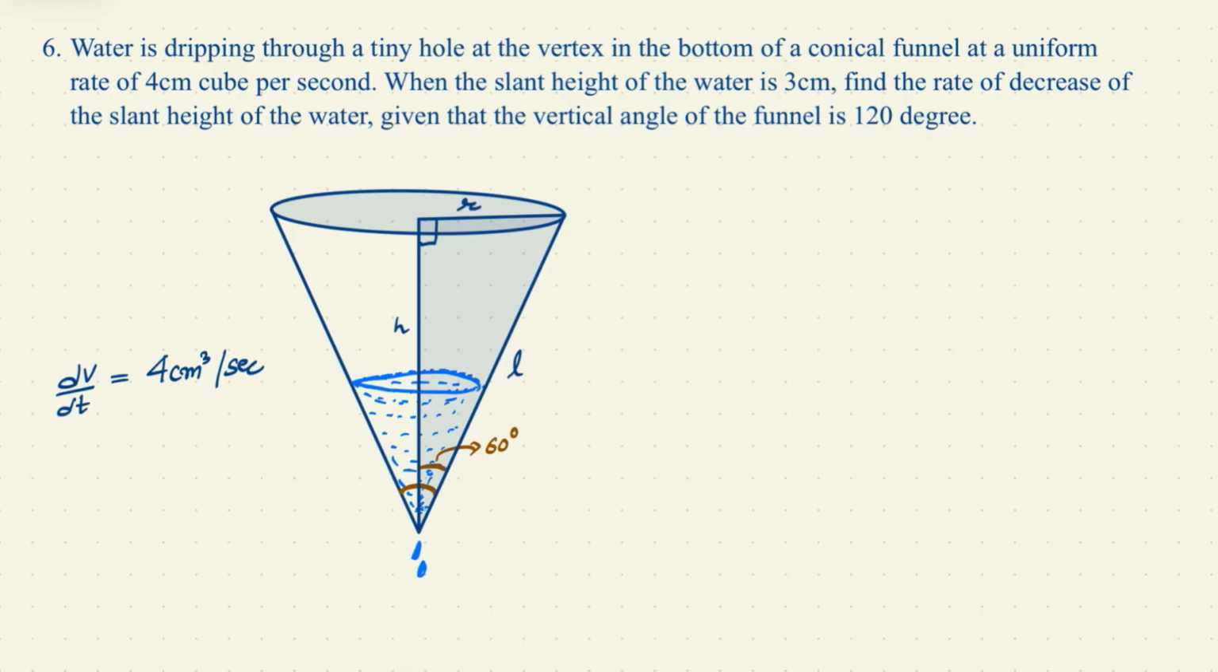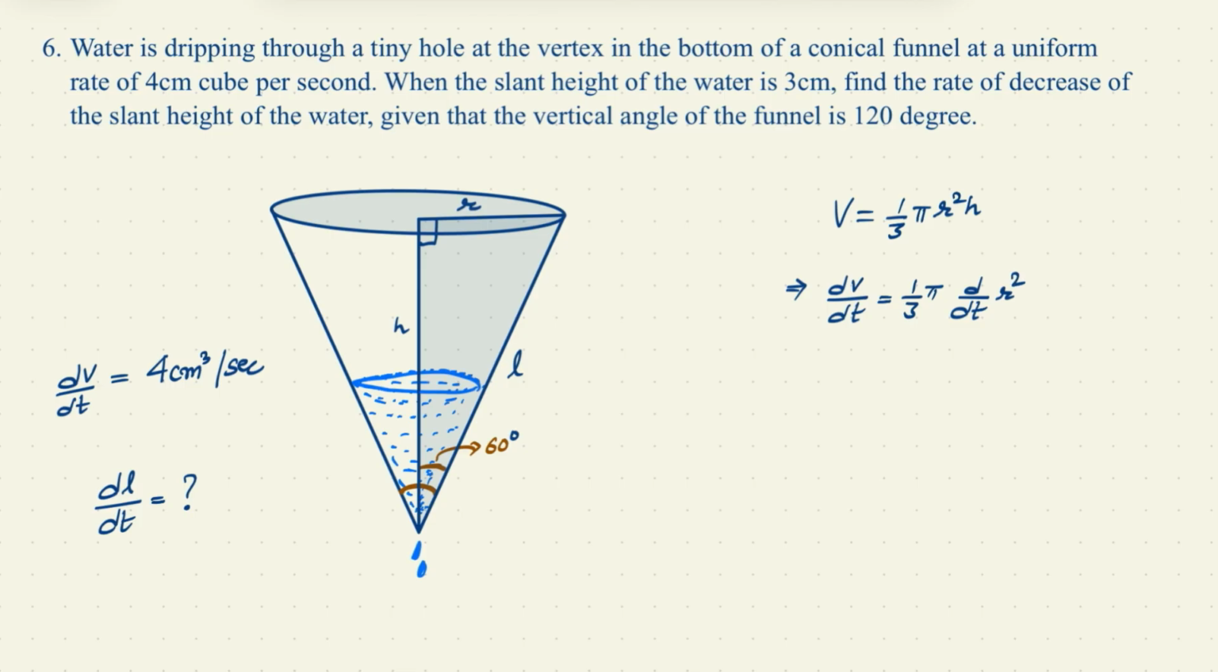So the decrease of slant height of the water means the change of slant height with respect to time. That means we have to find the value of dl over dt. Since the volume of a right circular cone is 1 by 3 pi r square h, let us differentiate both sides with respect to t, then we will get dv over dt equals 1 by 3 pi d dt